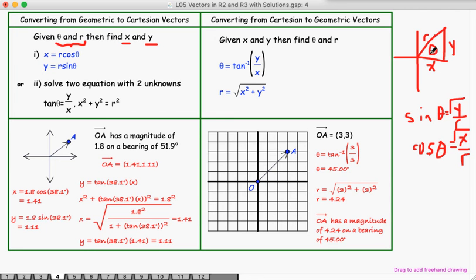The other way to do it is to use our tangent definition. So tangent of theta is going to be y over x. And because we have a Pythagorean relationship in our unit circle trig definitions, we know that x squared plus y squared is r squared. This one is going to be a bit more work, but walking through an example on the bottom, let's say vector OA has a magnitude of 1.8 and it's on a bearing of 51.9 degrees. Then if I want to know what the x coordinate of this point is, I can just say 1.8 times the cosine of